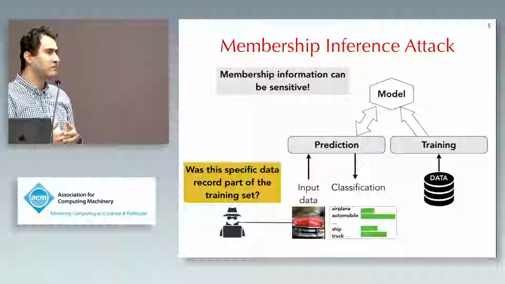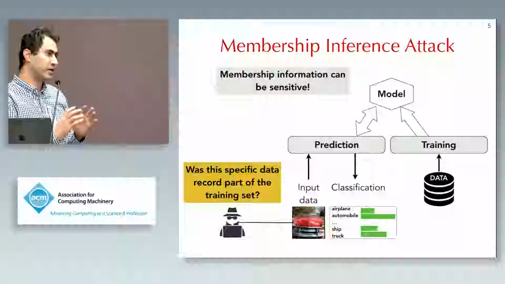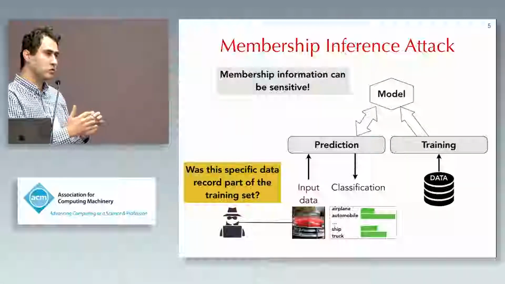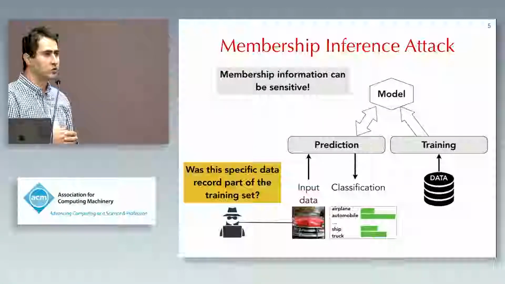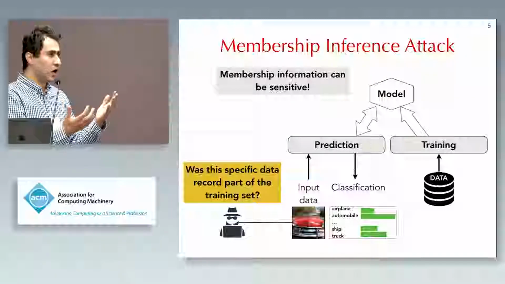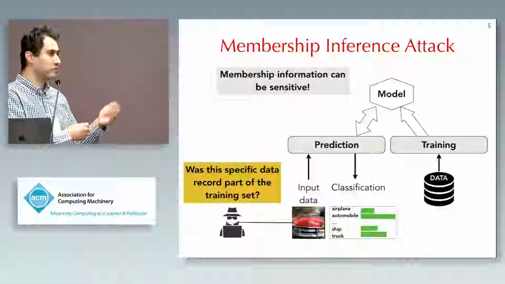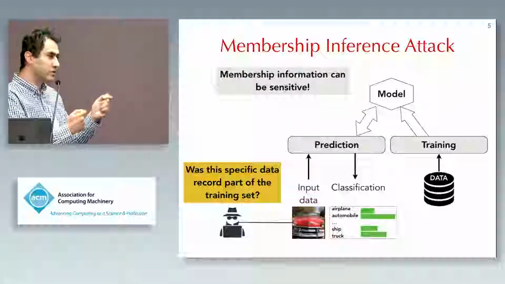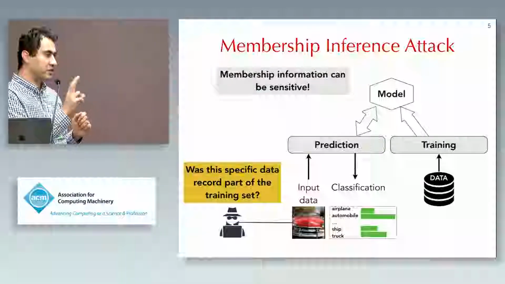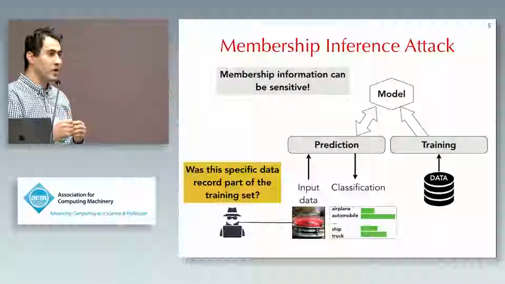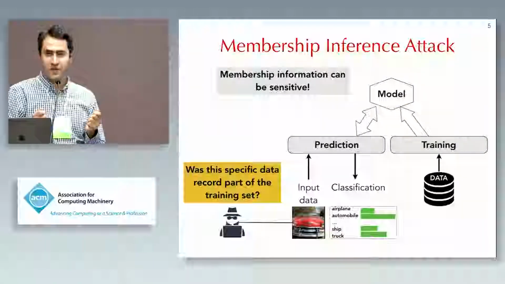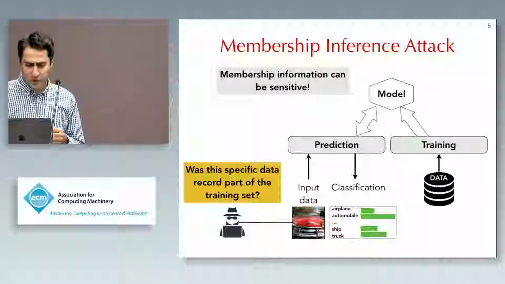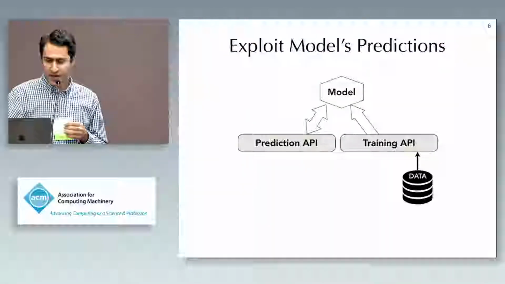There are other kinds of more advanced attacks that can use this simple membership inference attack as a stepping stone. For instance, it could be used to learn features of some records. If you want to learn whether the gender of a particular record is male or female, you can feed records with different genders into the training set. And if you're able to verify the membership of that sample, then that helps you learn the features of that data set. All right, so this is the membership inference attack.